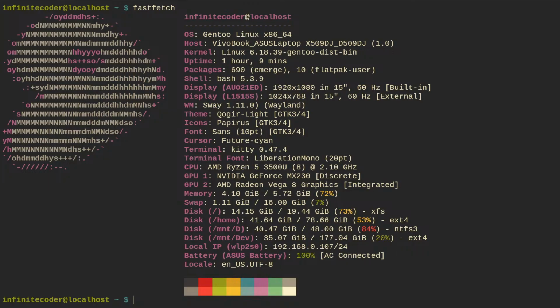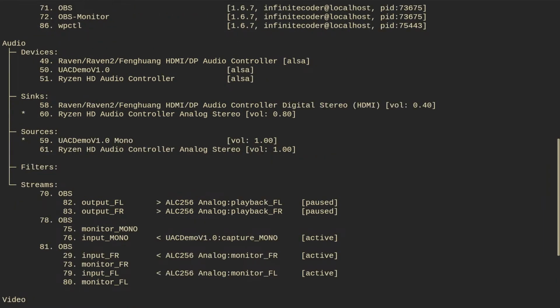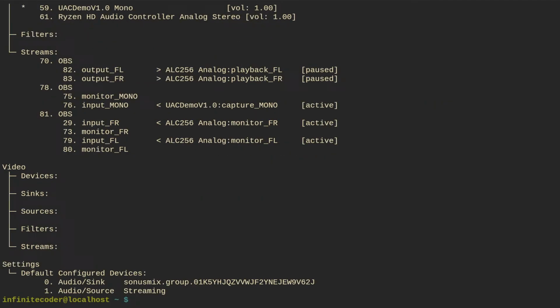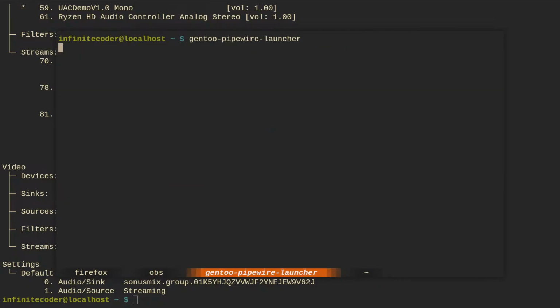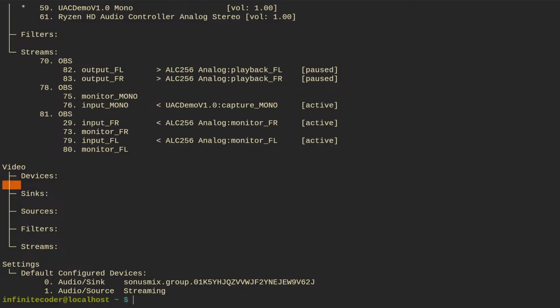And as a hint, if I do wpctl status, it shows no video sources, devices, things. Fortunately, audio works, and it works only because I have this running, which is also funny because it doesn't start automatically.